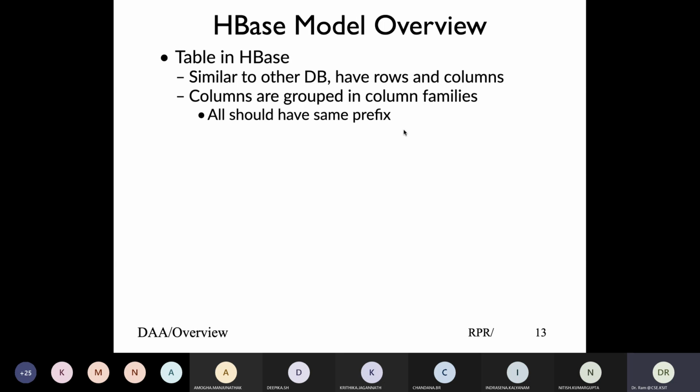One common example is stock data. In any stock trading day, you have a highest price, a lowest price of the day, the opening price when the market opened, and the last closing price. So all 4 prices, the open price, the close price, the last trading price, the highest during the day, and the lowest during the day, are all price data. So if my columns have the same prefix, price, that means all 4 columns belong to the column family.